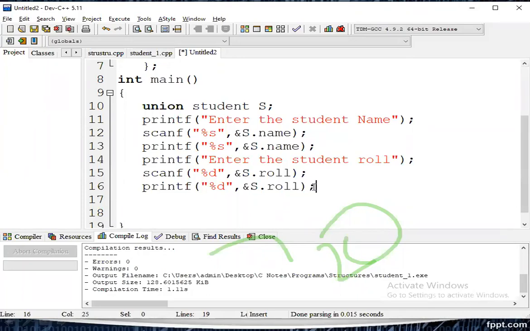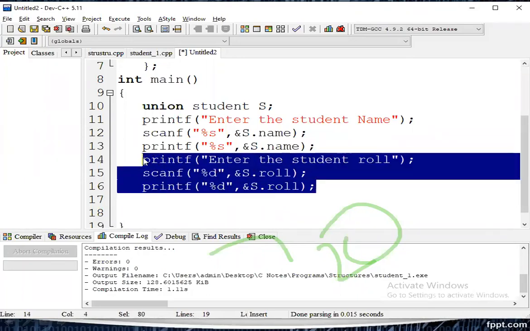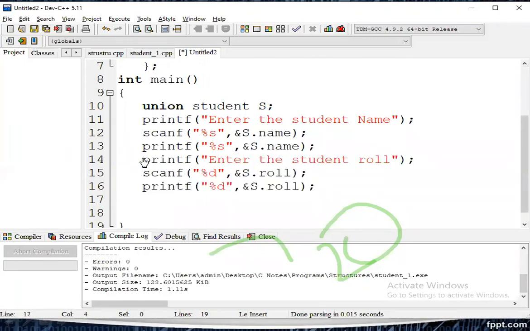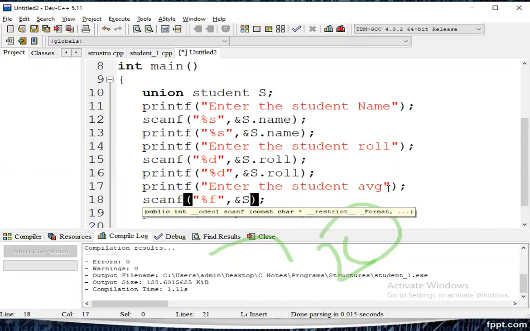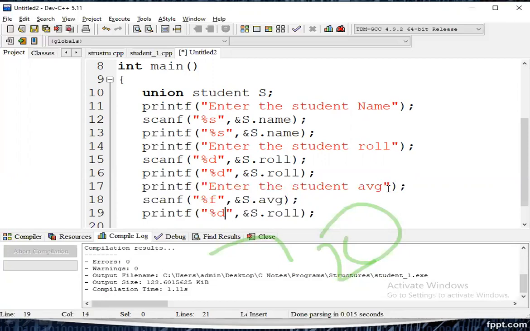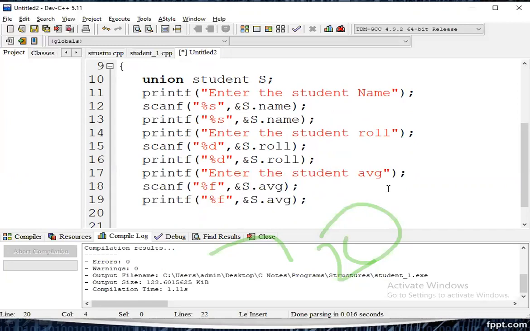Okay, next, finally, enter the student average. So average is in floating point. Next, floating point. Okay, right.